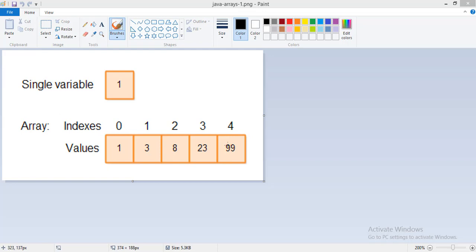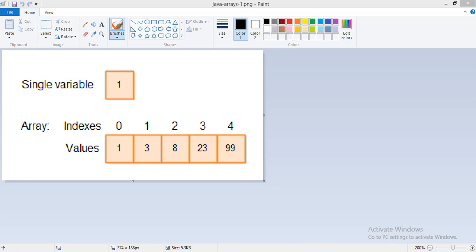But then how do I pick up a particular value? For that situation, Java has given me this concept of indexes. What do you mean by index? It is basically each position where the value is stored. It will start from 0 and from there every time it will increase +1 +1 +1 and it will store all the values. That means if I want to get this particular value, I can just say array at position 2 and accordingly it will fetch me this value.